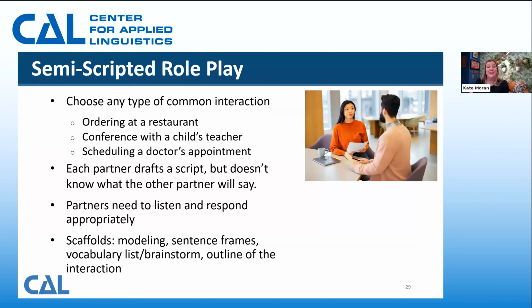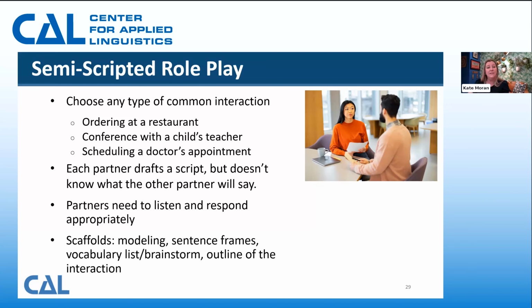Another activity is a semi-scripted role play. Role plays are wonderful activities because they can mimic real life experiences and give students a chance to rehearse a situation that they're likely to encounter. In many cases, they probably have already encountered this situation. And role plays can also integrate all 4 modalities if the students are writing the role play themselves, which really depends on your students and the context of the role play.